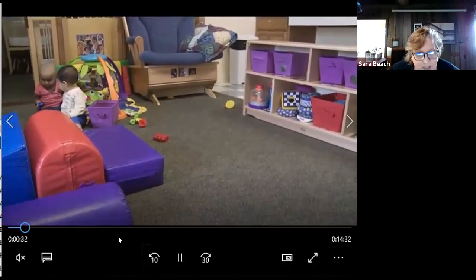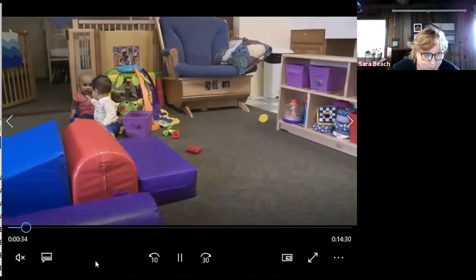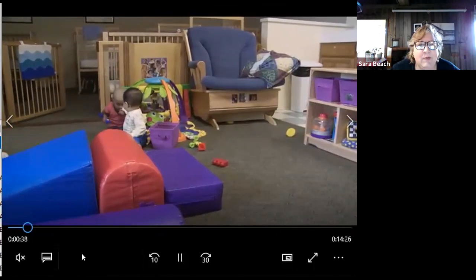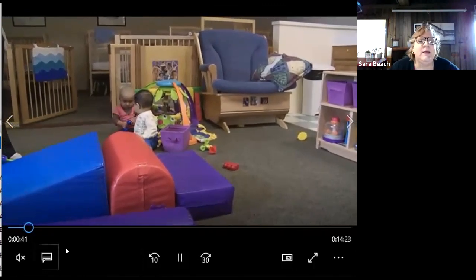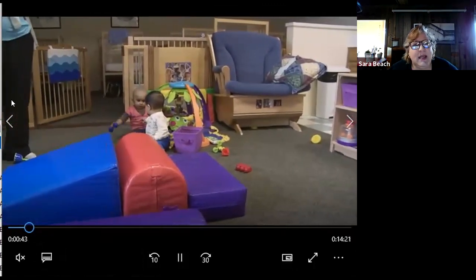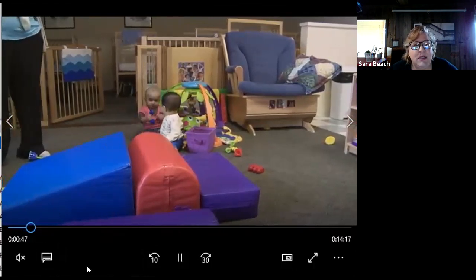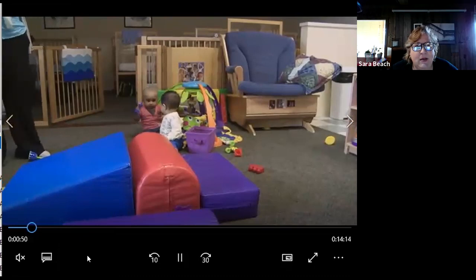Of course, he has to keep his eye on these two. The one that he put in the crib doesn't go to sleep right away. He's not real happy about being in the crib. But anyway, he goes to wash his hands. And then you see a lady off to the side here. This is a mom who just came in the door, and she is getting ready to drop her child off.